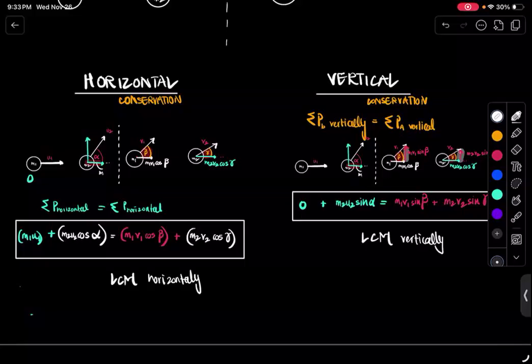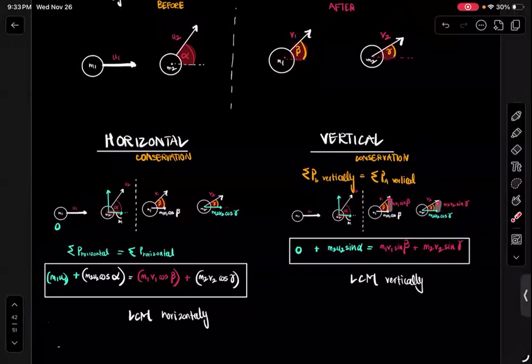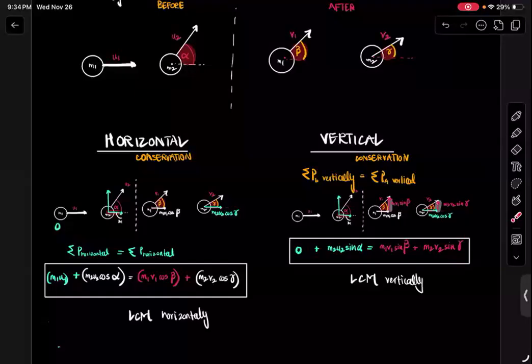And this is just a general example that is going to guide you on how to do questions which have angled momentums. I'll leave you with a minute or two, and you can then ask questions. And if you want me to repeat some part, I can do that as well. But first, try to absorb it and then we'll move on. We'll solve a numerical example right after this and it'll make much more sense.